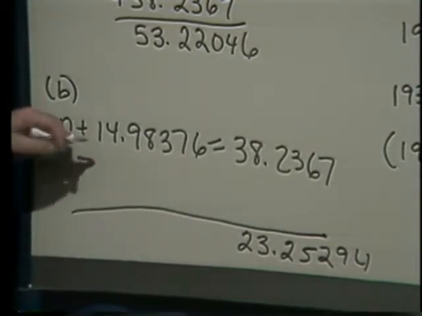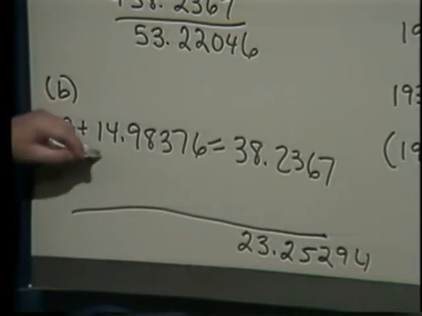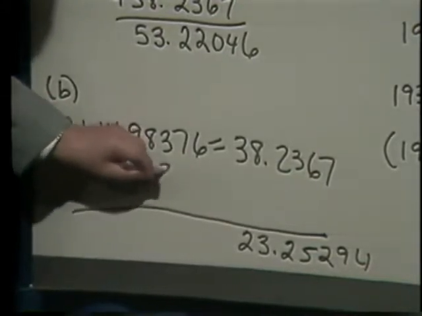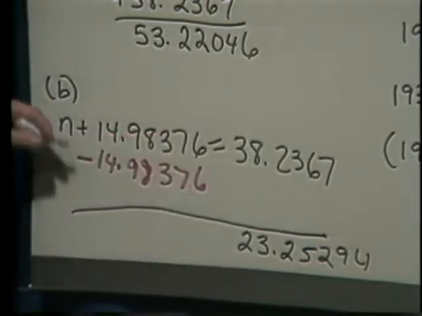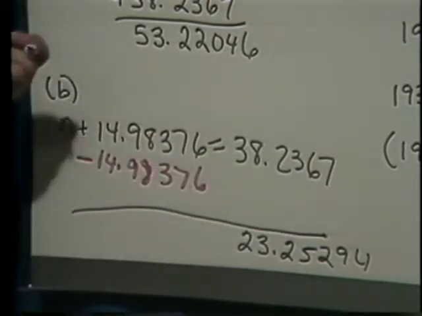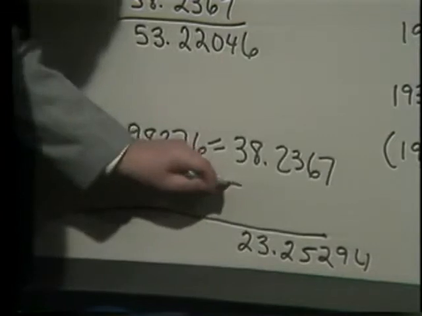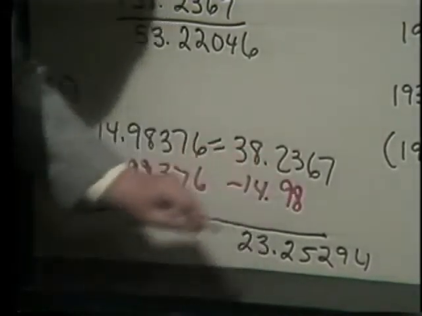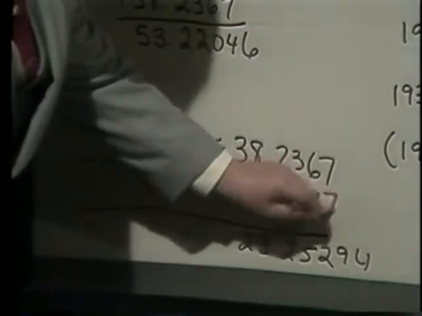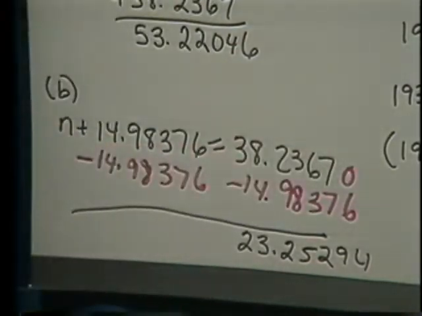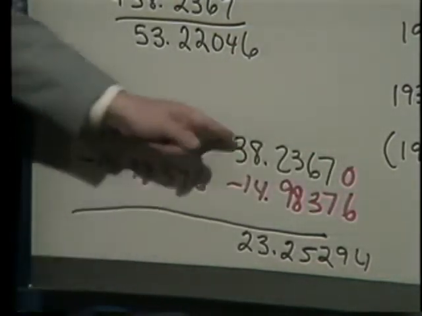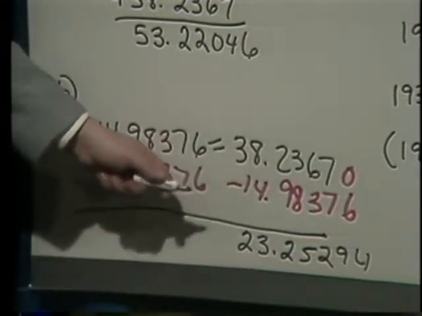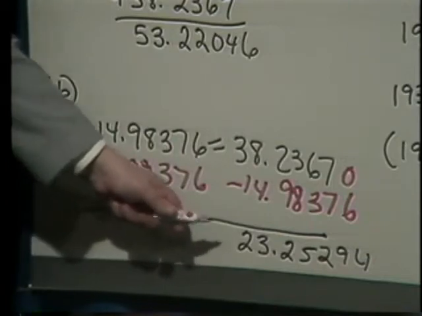And now what we're going to do is, since we're adding the 14.98376, we will subtract that. But you see, if we subtract it from one side of the equal sign, we also have to subtract it from the other side. Remember, this is like a scale that's balancing. Whatever we do on one side, we have to do on the other. And now again, either using the calculator or doing it out by regular Module 7 subtraction, we find that n is equal to